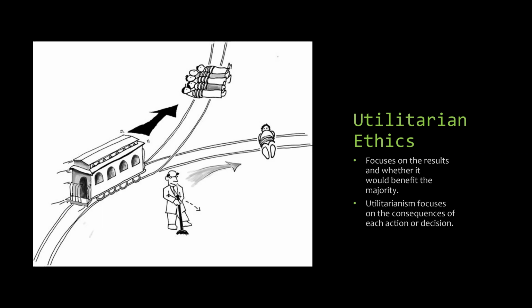And so this picture here is actually a famous and long used story, and it's called the trolley dilemma. So in this, we see a trolley and it's assumed it's out of control. We cannot stop it, but we can switch the tracks. And so we have to make a decision. Do we switch it to the track that harms the one person or switch it to the track that harms five people? Now, in this scenario, that one person is actually your family member that you love. In the five-person situation, it's complete strangers.